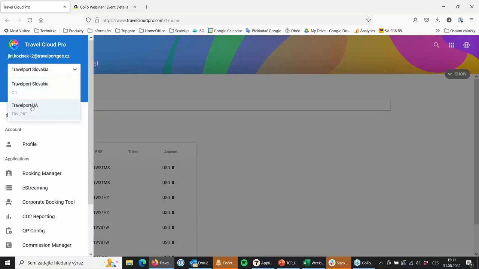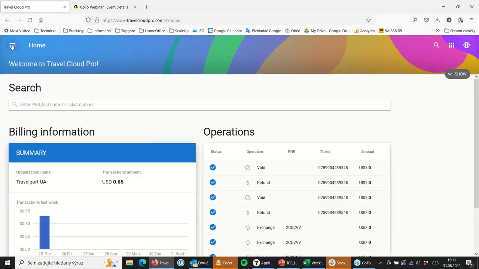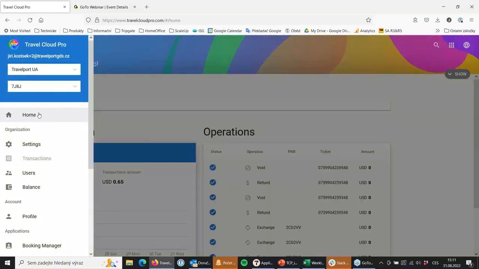If I switch to Travelport UA, where I also have the administration rights, immediately you will see that I have an organization and some fields which I can add or amend: settings, transaction, users, and balance. So those are the benefits, let's say, of being administrator.